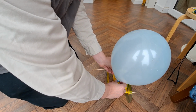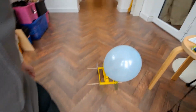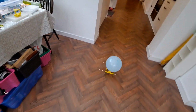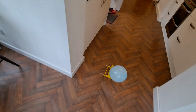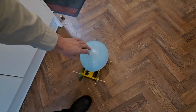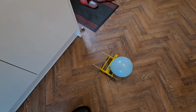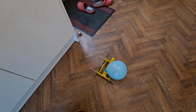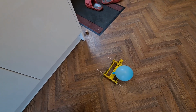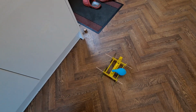Okay, bigger balloon. Bouncing on the back wheel. So that's definitely not helping. Getting caught between both wheels. No, we've lost it now. So, there we go, bigger balloon, vertically mounted, but as it goes soft, it's just going down and getting stuck